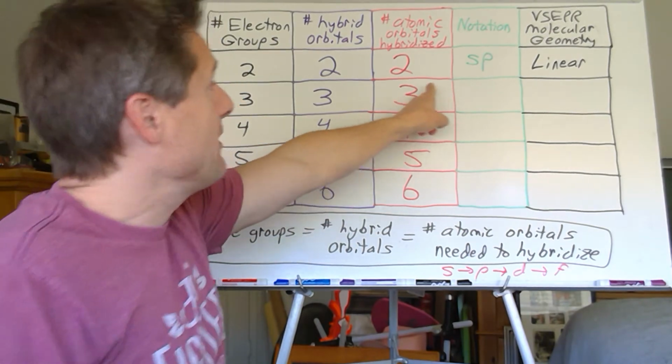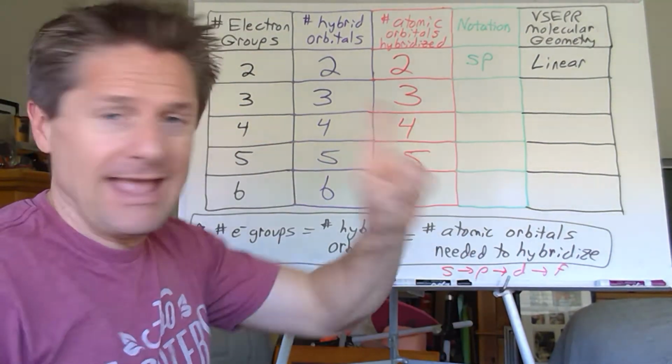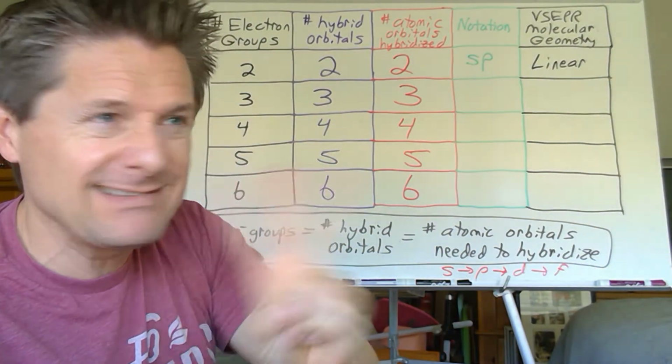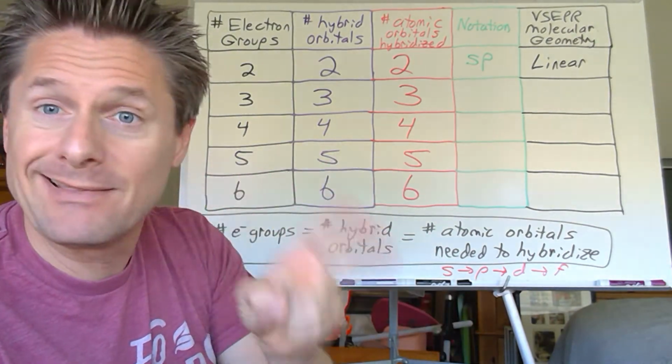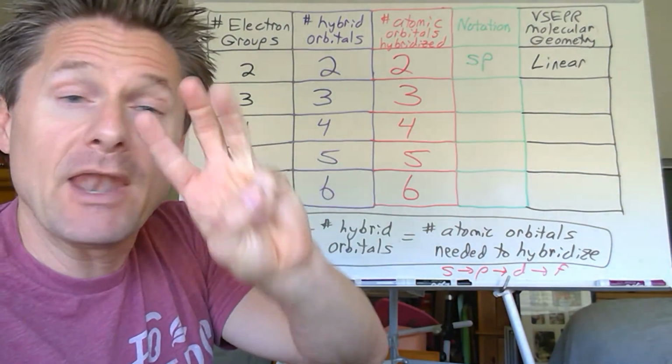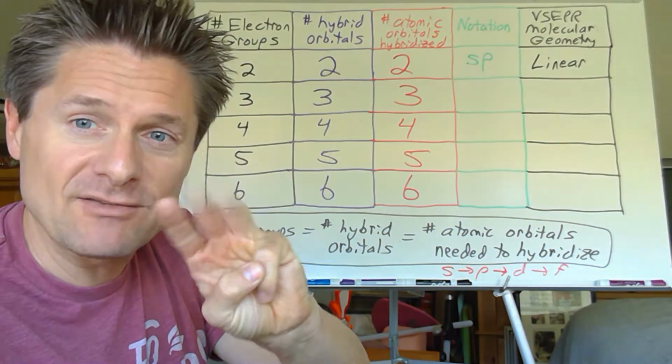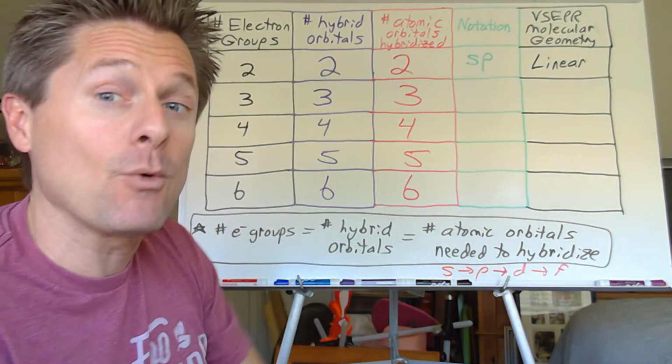So if I need 3 atomic orbitals, I'm going to take the s, that's 1, plus 1 of the p's. It doesn't matter, could be px, py, pz, they're all equivalent, degenerate, and then another p. So I need 2 of my 3 p's, so that's s and p and p, or sp2